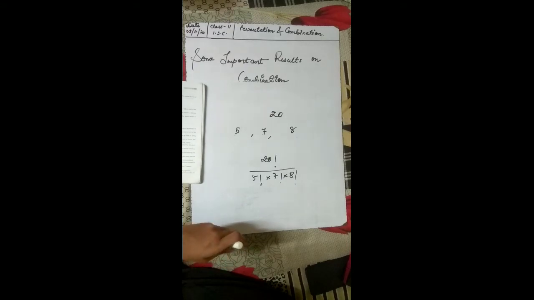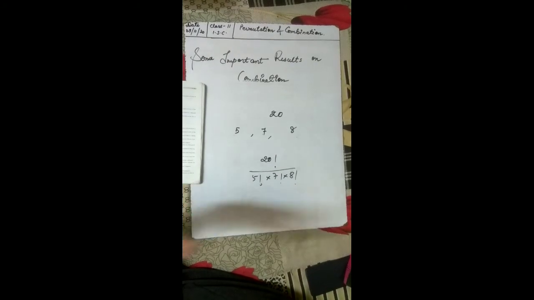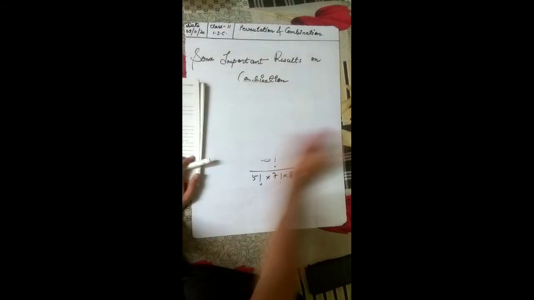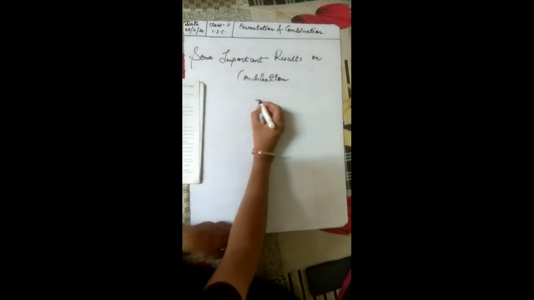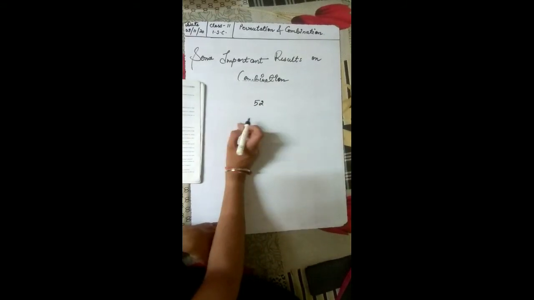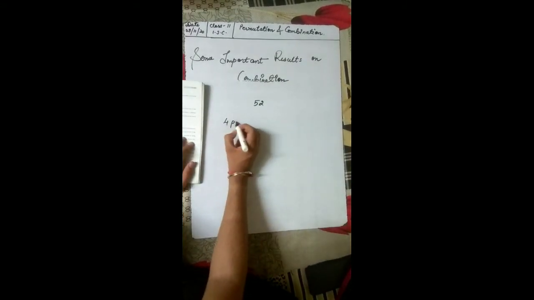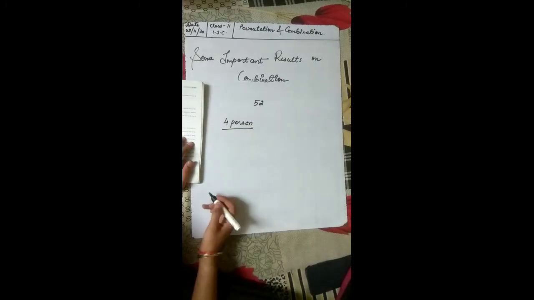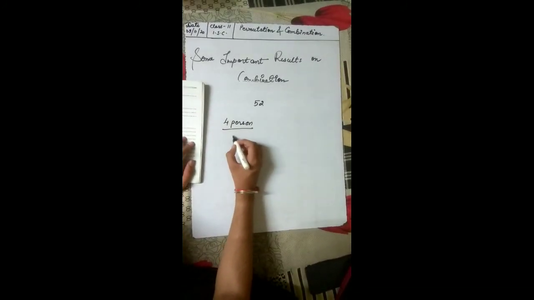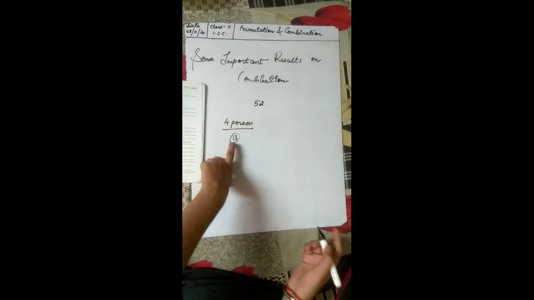Similarly, in how many ways can a pack of 52 cards be divided equally among 4 players? There are 4 players. So how many ways can you distribute those 52 cards to them? Now this is the equal case. There are 52 cards and 4 persons, and we need to give them equal numbers. So in total we can give only 13 to each one.